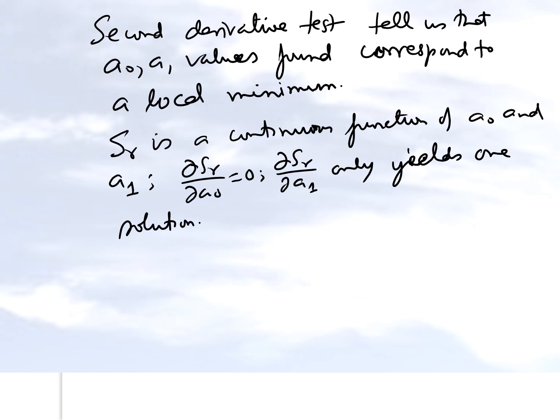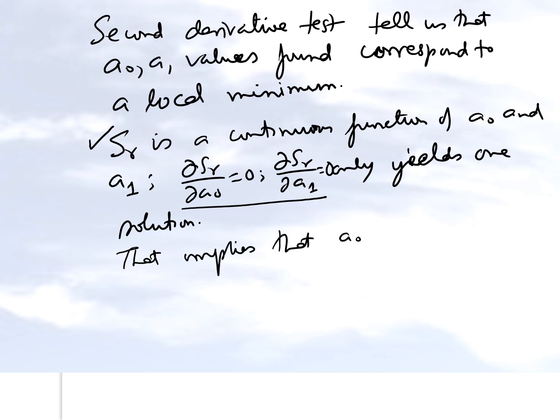It did not give us multiple solutions. It gave us only one solution. So based on this, that SR is a continuous function of a0 and a1, that the first derivative being put equal to 0 only yielded one solution, that implies